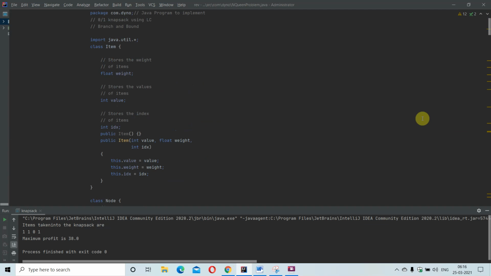Then here I am storing the weights of the items by declaring a float weight value. I am storing the index of the items. Then I am declaring a